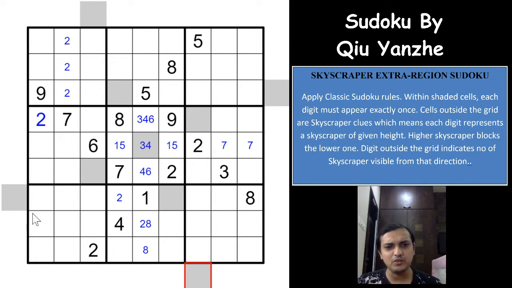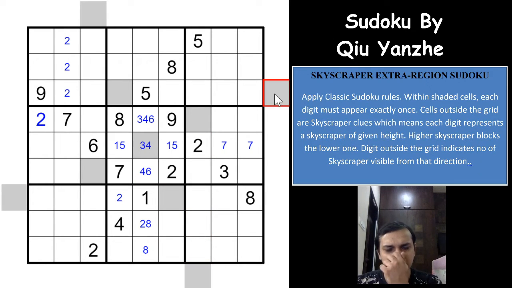For example, you cannot place a 9 here, because whenever you have a 9 as an extra skyscraper clue, the numbers will have to be in increasing order 1 to 9 from that direction, because all the 9 buildings have to be seen. But as you see, 2 and 6, 2 is already hidden, the second digit would have to be a 2, so this cannot be a 9, right? Same way, 1 is already hidden, the first digit would have to be 9, so this cannot be 9. Same way, 2 is already hidden, second digit would have to be 2, this cannot be 9.